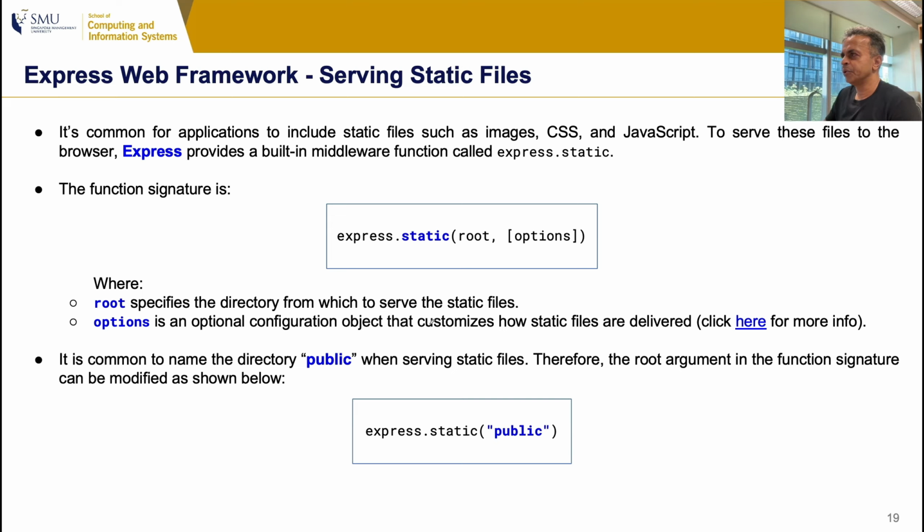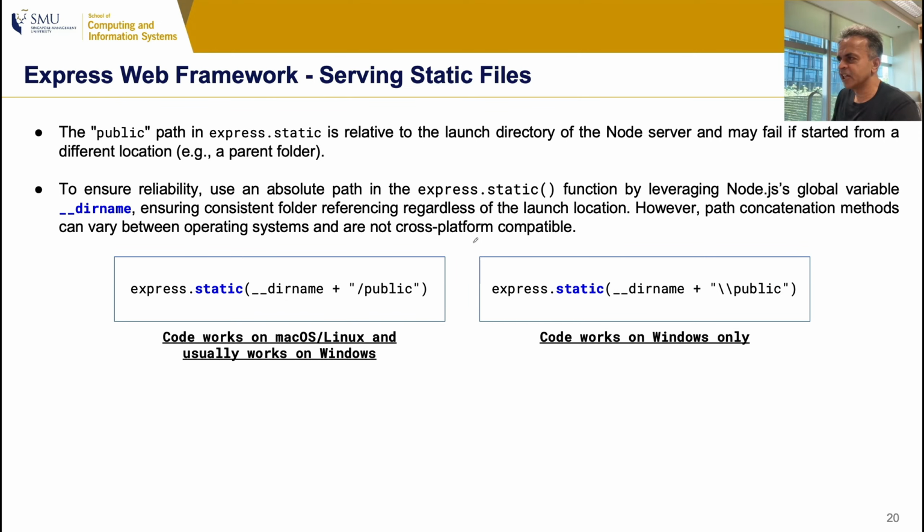And after that, you can specify just one command saying express.static, where the root is, and some options, and that is good enough. So what you will do is just to say express.static public. This, by and large, should work. There will be some modifications to that you will see, but this is the idea. The function signature of this method static is just the place where you want to put your static resources. The refinement that you will apply to that is the fact that you want to say the root of the public